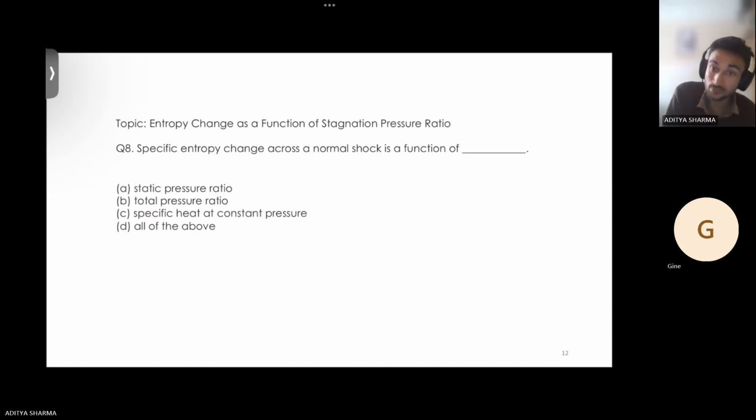What does Ginny say? Which option? The book, D. D. You're also saying D. Yes, so this is